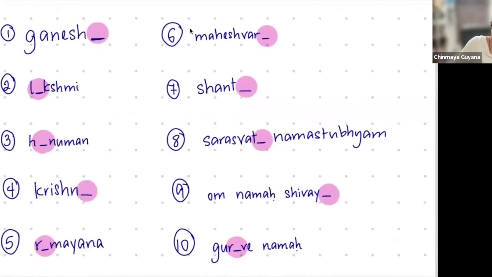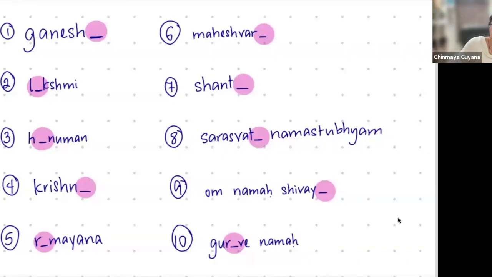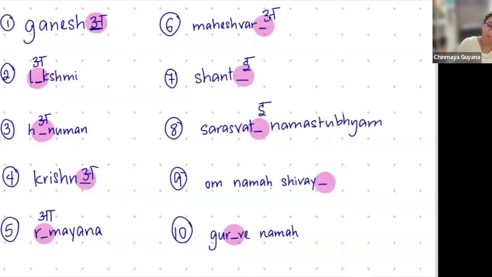So I'm going to write the correct answers in here now. I'm going to end the poll. It really doesn't matter whether you got it right or wrong. In the poll, what matters is that moving forward now, you don't get it wrong. Ganesha, Lakshmi, Hanuman, Krishna, Ramayana, Maheshwara, Shanti, Saraswati, Om Namah Shivaya, and Gurave